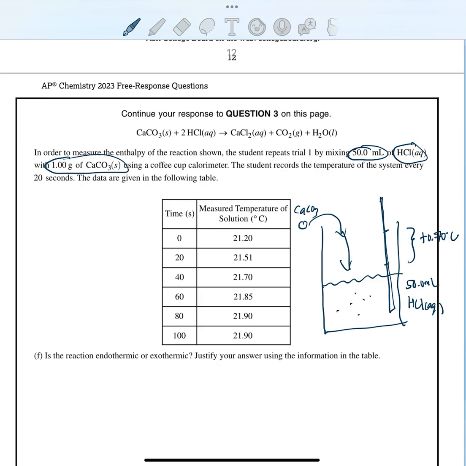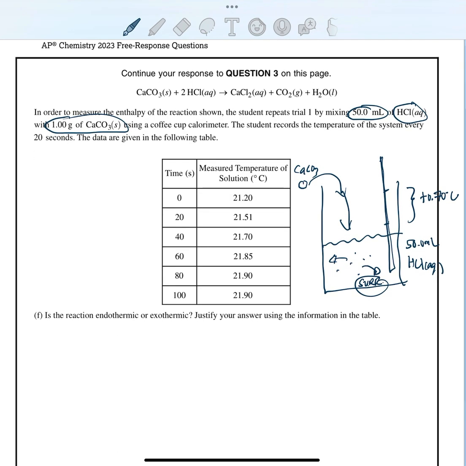So actually the water is getting hotter. As this thing dissolves, the water is getting hotter. I'll put arrows like this. Now the water is my surroundings. So if my surroundings are getting hotter, this is an exothermic reaction. To justify using the data table, I can say that the water, which is the aqueous part of HCl, got warmer by